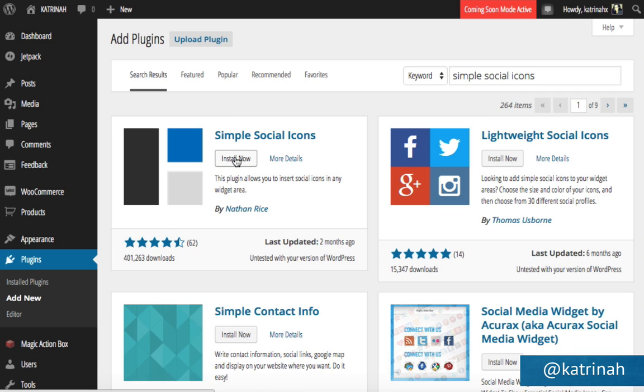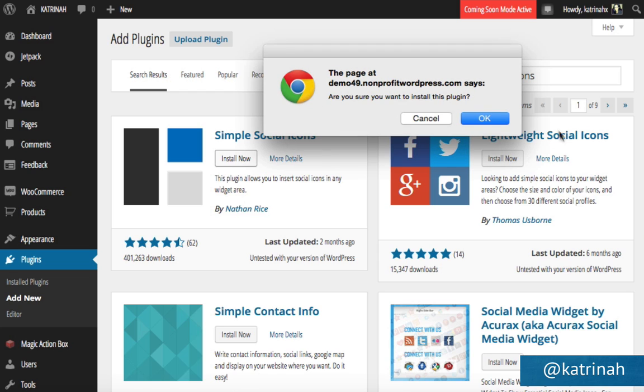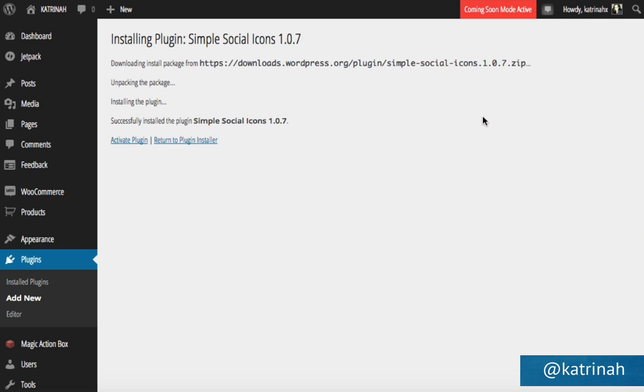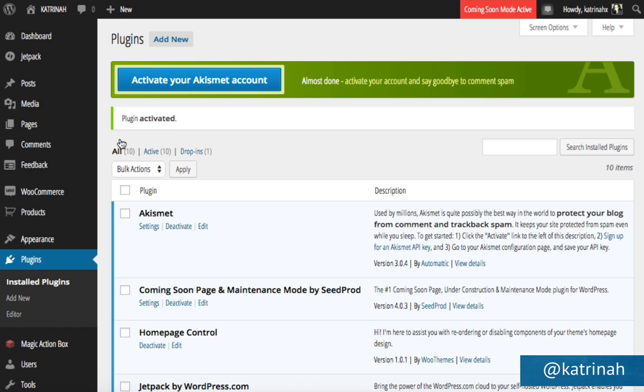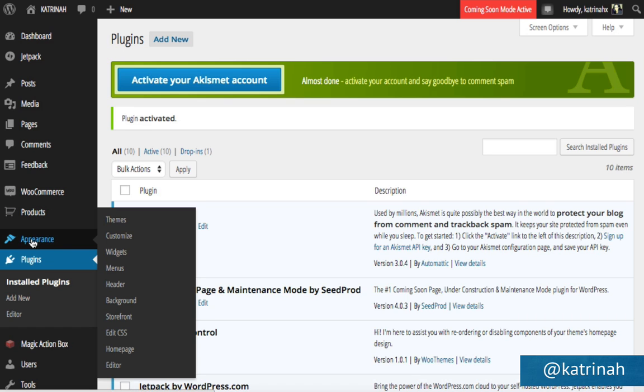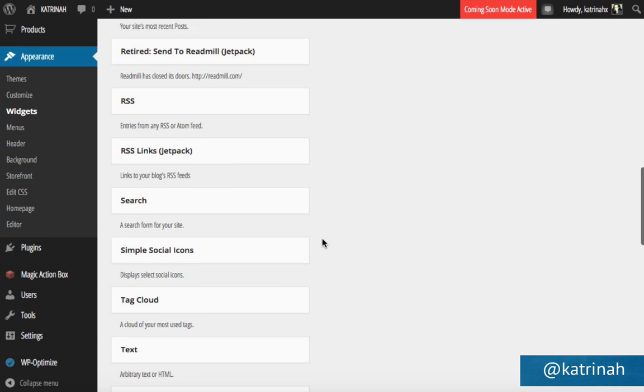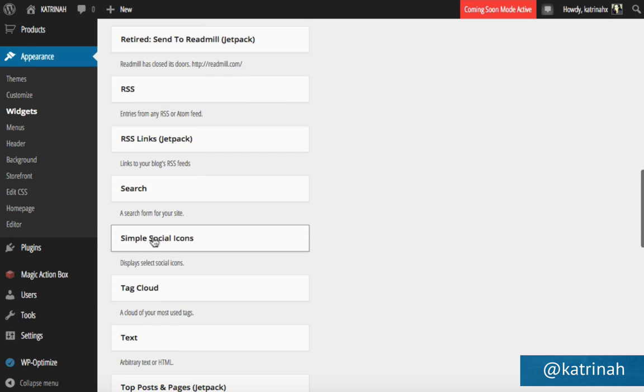I'm going to install it by clicking on Install Now. Are you sure you want to install this? Yes, okay. And then once it has been successfully installed, we can activate it by clicking on Activate Plugin. Once this plugin has been activated, now when we go to widgets by hovering over appearance and clicking on widgets, now when we scroll down to the bottom, now we'll see the Simple Social Icons widget being displayed on the